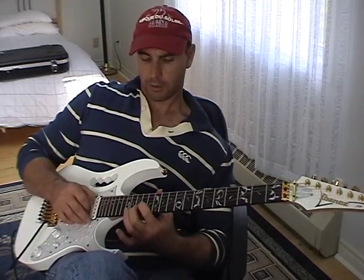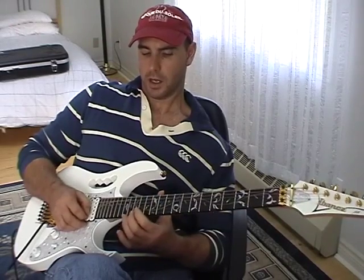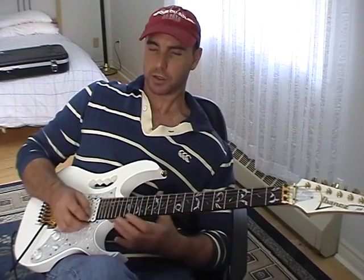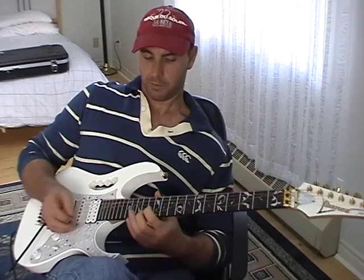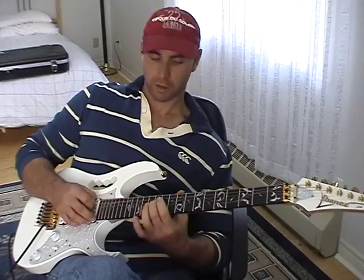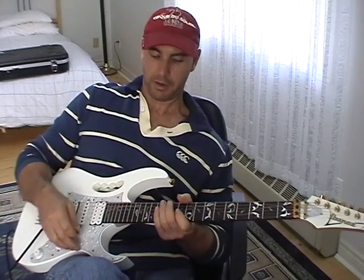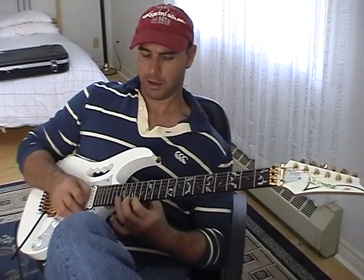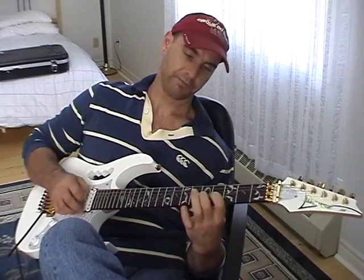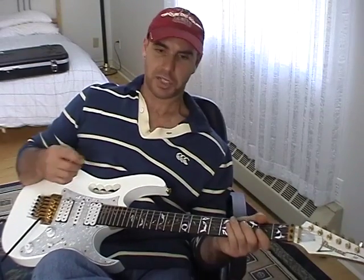And then I decided, well, hang on, what if I use the same riff, the same sequence of notes or pattern, and then I change the string I'm beginning it on each time. So instead of starting on the E string, now I start on the B string. And now I start on the G string. Now I start on the D string. So not only am I shifting down one semitone each time I do the pattern, but I'm also shifting one string adjacent each time, and it comes out with a little bit of a warped sound,